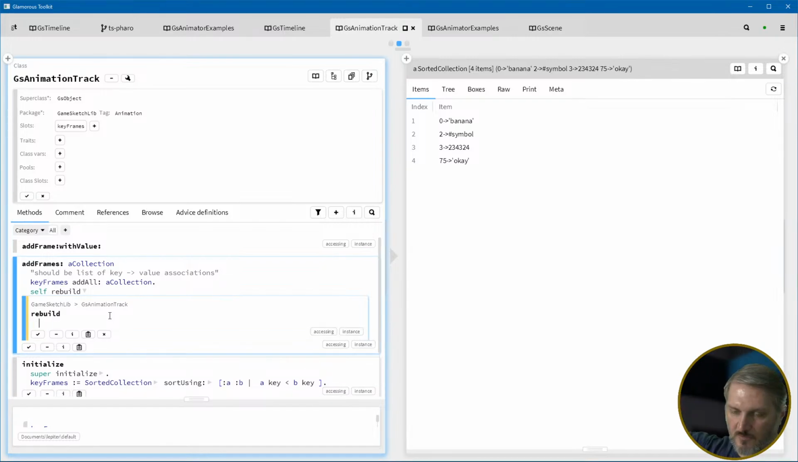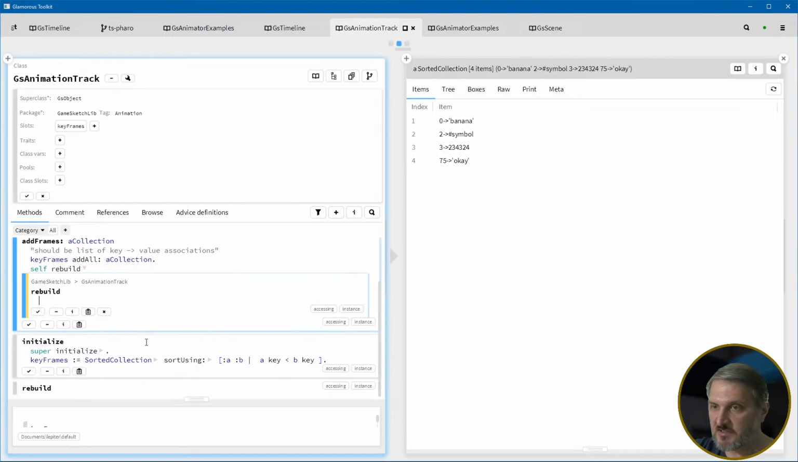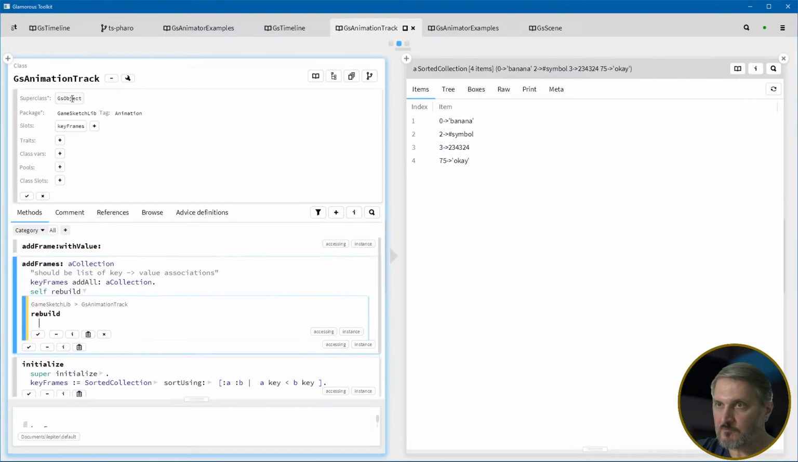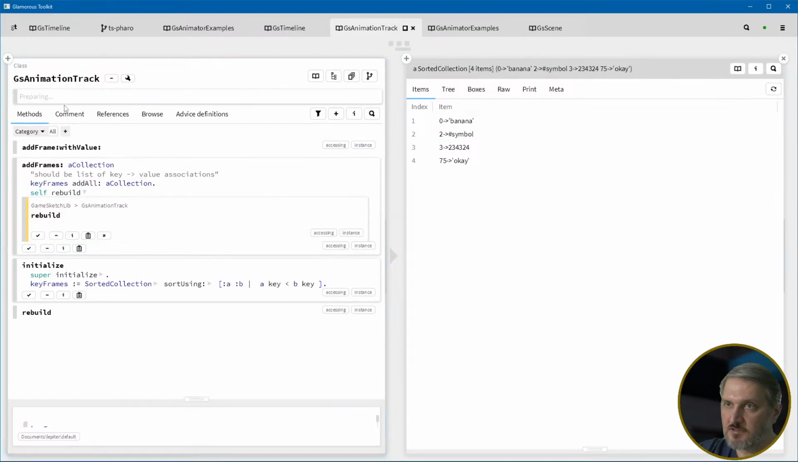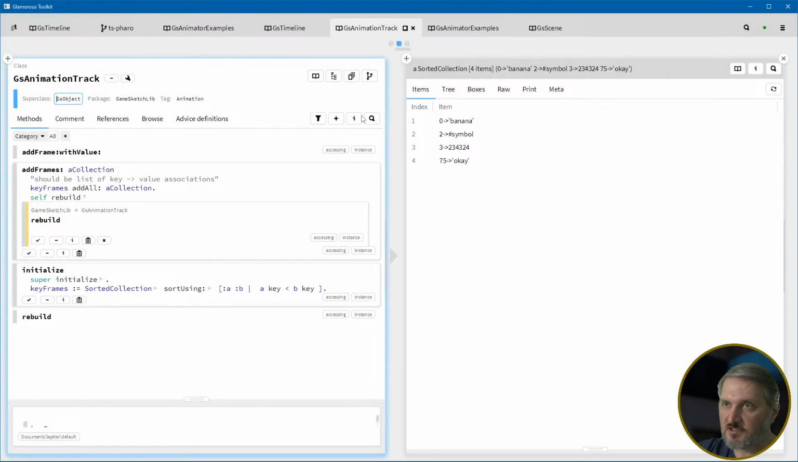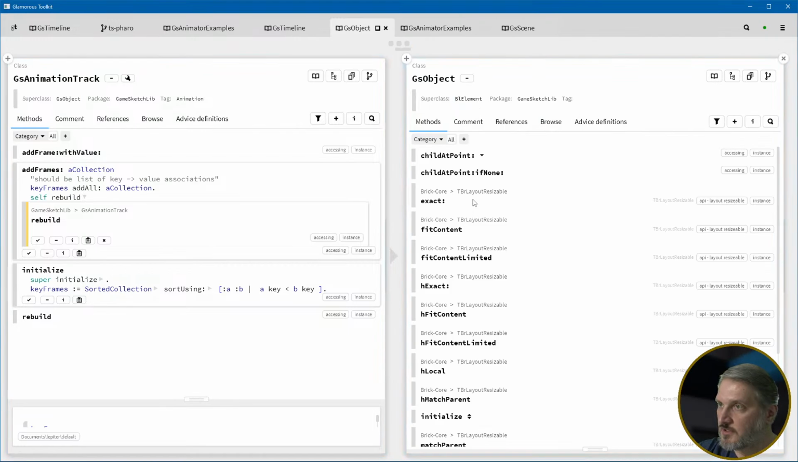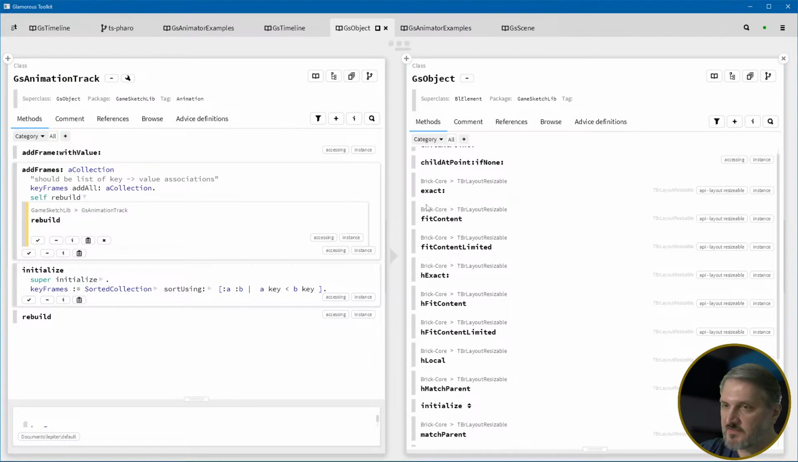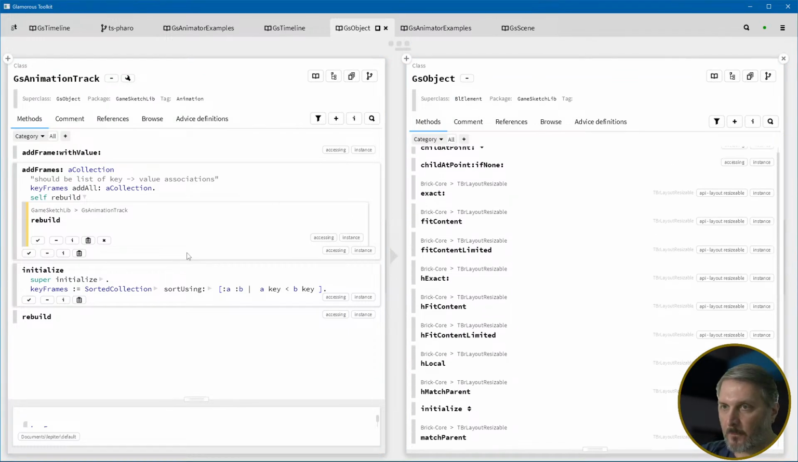So a track will have nothing but keyframes, and it'll have a height. Okay, so super initialize, and then GS object is a subclass of BL element, right? Correct? Is that correct? Close this, and then you click on it, and it opens up BL element. All right, so it has a height, and now when we rebuild it,